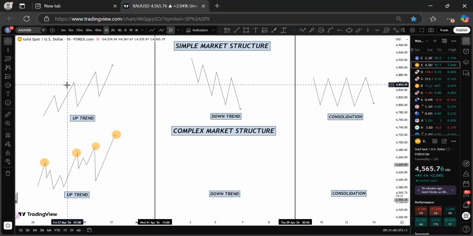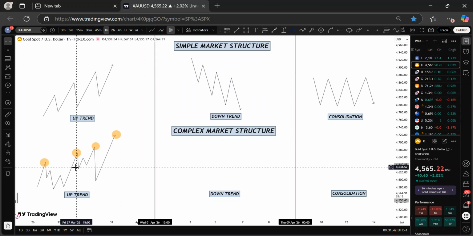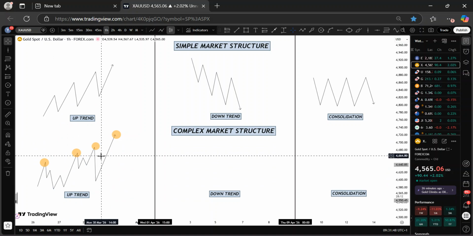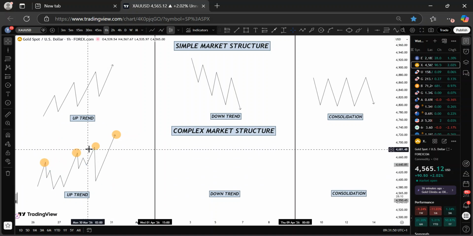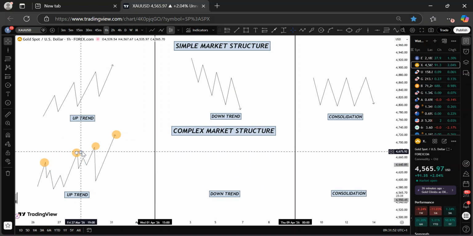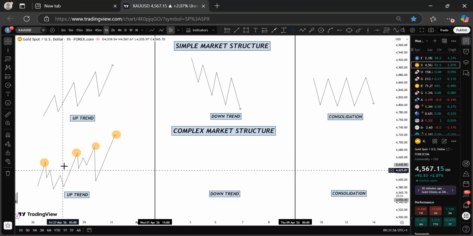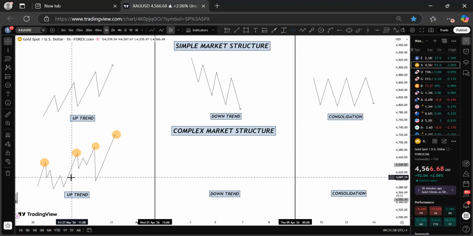The third high is definitely higher than this, right? So same it is in a complex market structure. Okay, so you find out that these highs that we have here are always higher than the previous high. Okay, so this is what you are most likely to see in a complex market, and this is where most